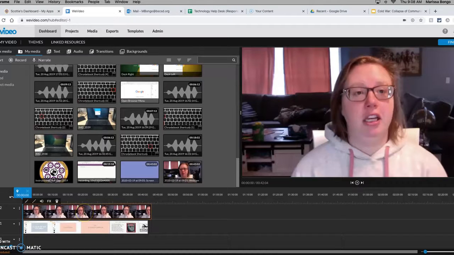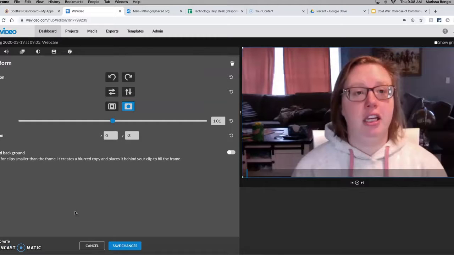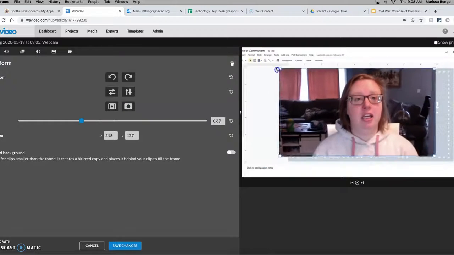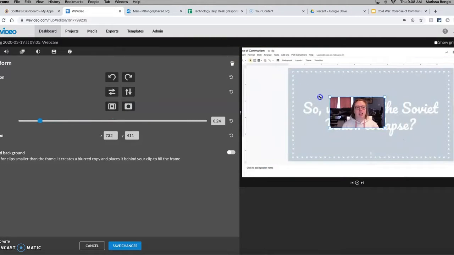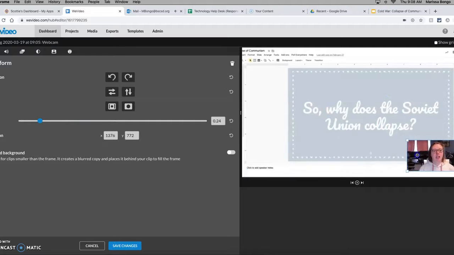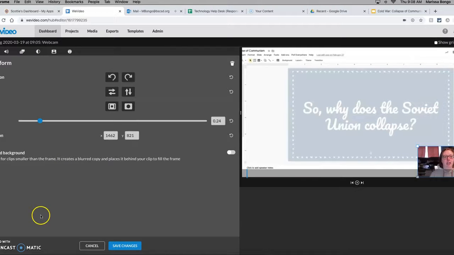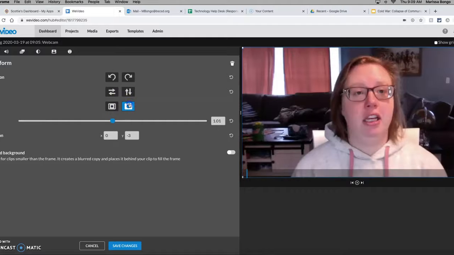So the way I edit that is I'm going to double click on this track and it's going to open up the editor. Over here, you can see I have the ability to drag it and make it smaller. I can move it. And then once I have it where I want it, I could rotate it if I wanted to, make myself sideways or upside down. I can scale it to fit, or